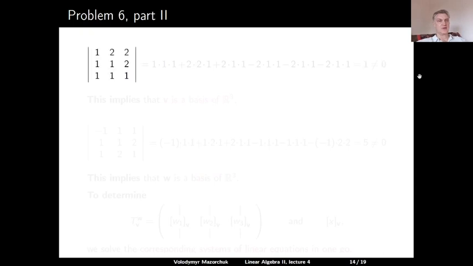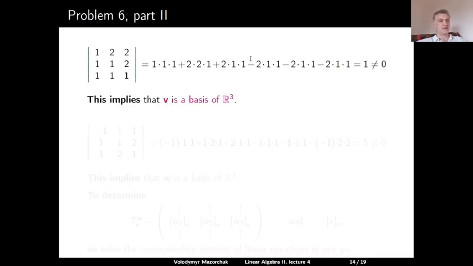So the first determinant for the collection V is the matrix column-wise 1, 1, 1, 2, 1, 1, and 2, 2, 1. So these are the vectors v1, v2, and v3. So this determinant is equal to 1 times 1 times 1, plus 2 times 2 times 1, plus 1 times 1 times 2, minus 2 times 1 times 1, minus 2 times 1 times 1, minus 2 times 1 times 1. And when we compute this, we get 1, which is non-zero,